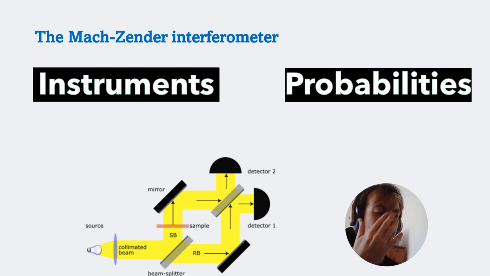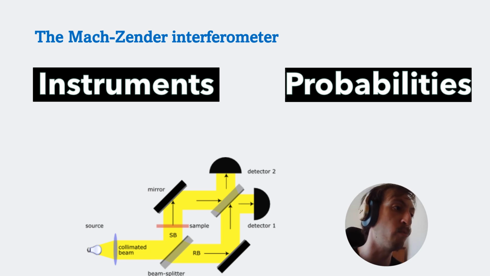So in short, the phase shift induced by the sample has absolutely no bearing on the probability of the photon landing at detector 1 or detector 2, no matter what classical state, or in other words, path the photon takes. So classically we would expect our sample to have no bearing on the probability of the photon landing at detector 1 or detector 2.